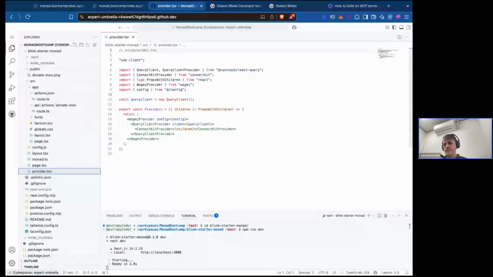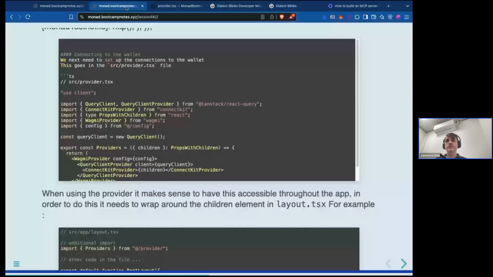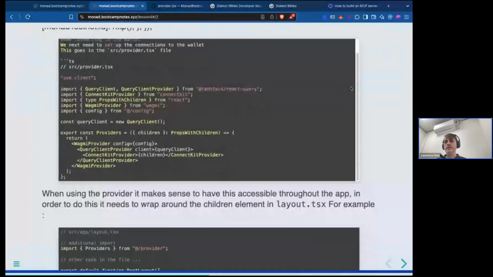whatever it is, MetaMask or Phantom, whatever wallet they're going to be using. There are libraries to help you connect to those wallets, and they will allow you, the user, to sign into their wallet, and it will bring back things such as their address and allow you to sign the transaction. So that's what that is there,